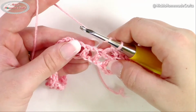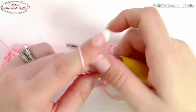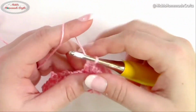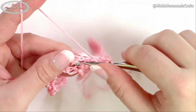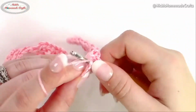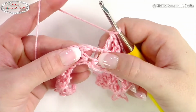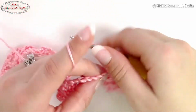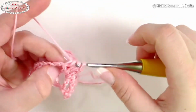All right, so now we're going to continue placing just 1 double crochet per chain and per double crochet until we hit that little triangle that we made, and that's going to look slightly different again. And then we're going to repeat the entire sequence over and over again until we reach the end. Okay, so now right here, we're in that chain space where that little triangle was, right? So in that chain space, you're going to place 3 double crochets,